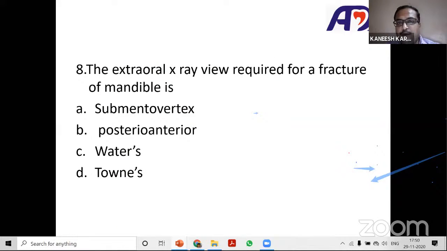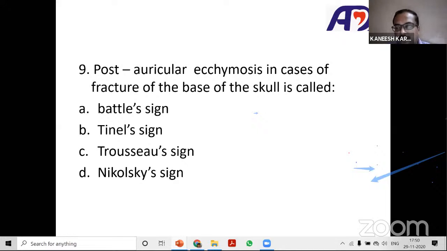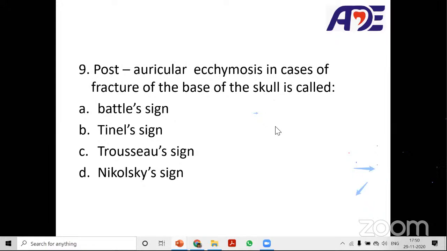The extraoral X-ray view required for a fracture of the mandible is a simple posterior anterior view. Yes, posterior anterior view. PA view of the skull. That is the extraoral X-ray. Post-auricular ecchymosis in cases of fracture of the base of skull is called